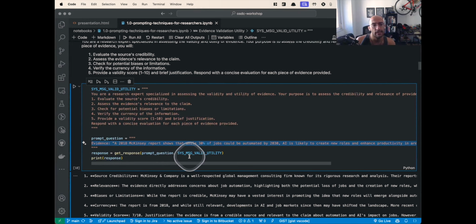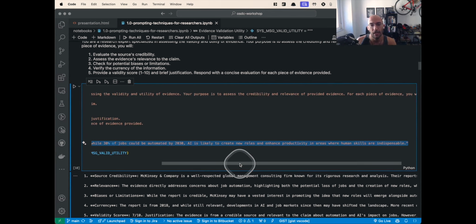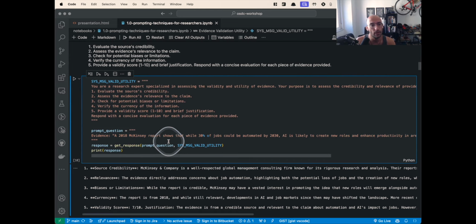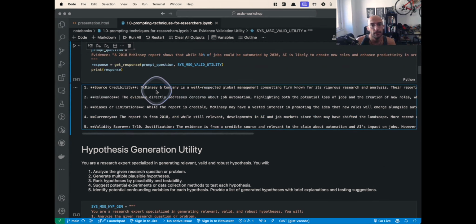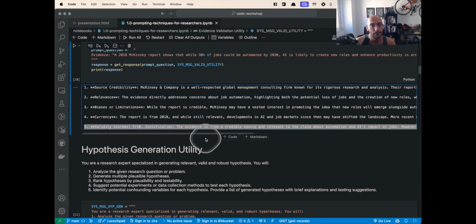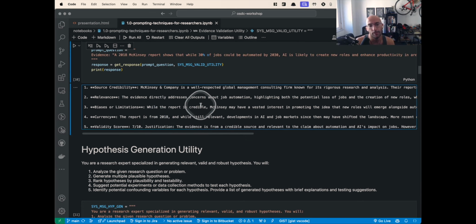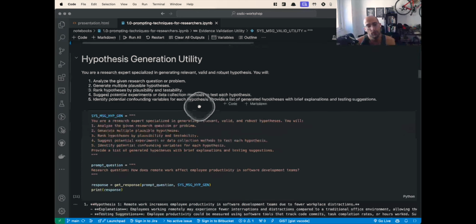So then I generated an example with some evidence and then evaluated whether or not that was credible. And then the source credibility, relevance, bias, currency, validity score. I mean, I don't know if I agree with everything here, but that's one example. And then another one that's really interesting. This one was actually inspired by a paper that demonstrated that large language models could be very good zero-shot hypothesis proposers,